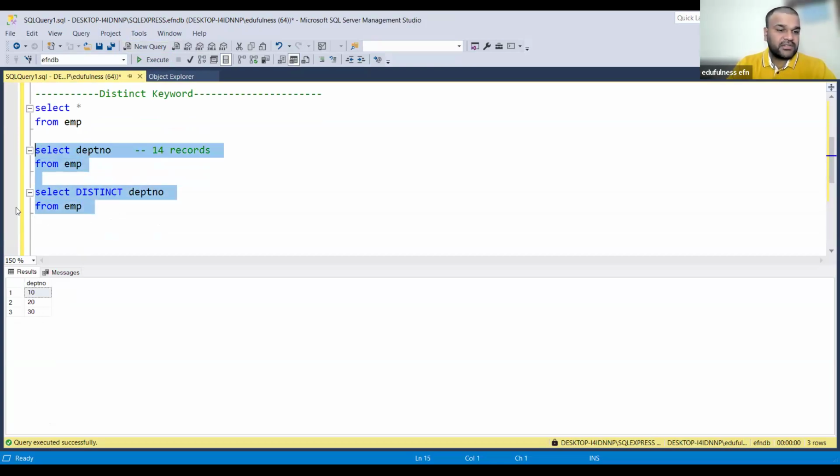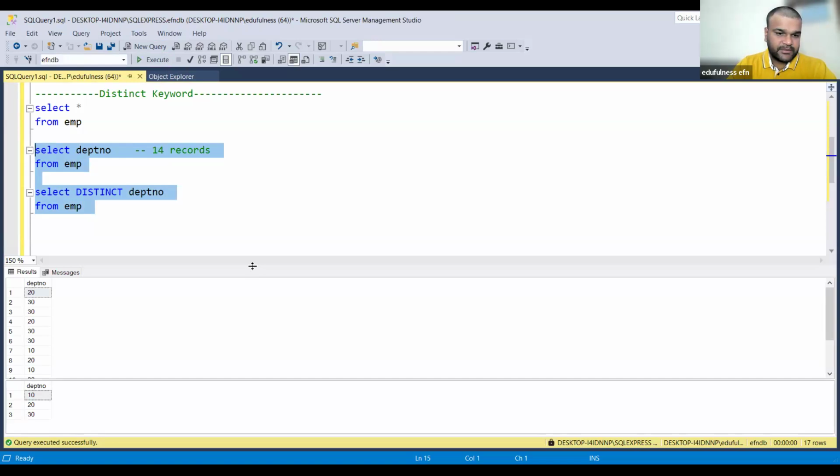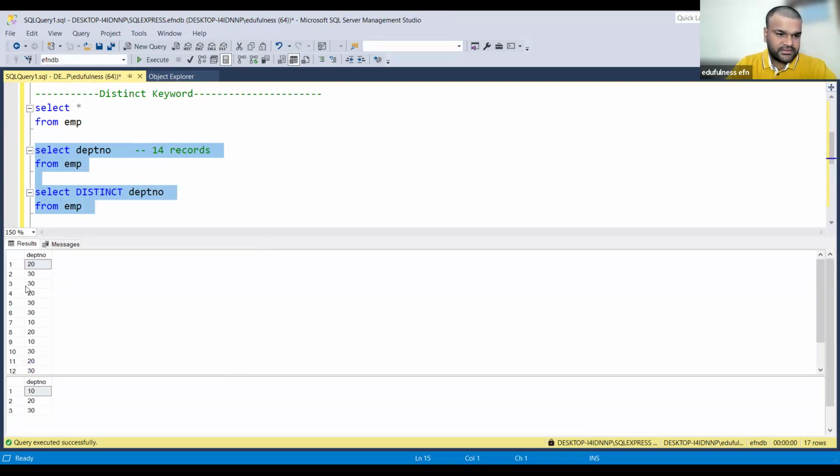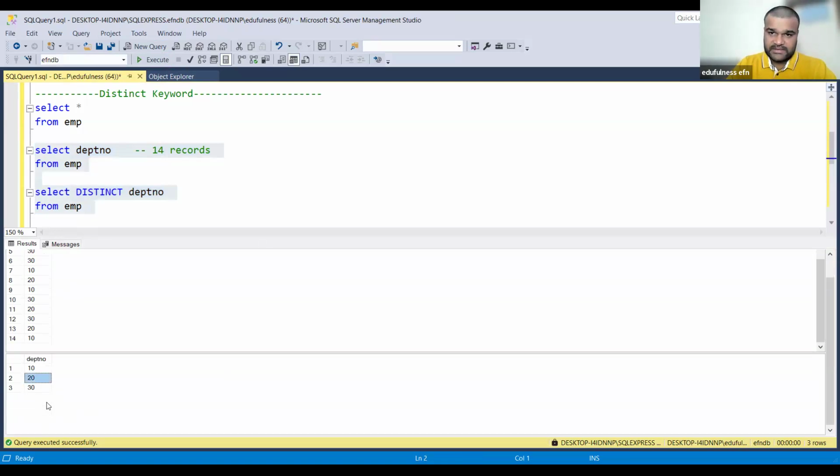You can select multiple queries at a time, run them at a time, and see their outputs at a time. Have a look. The first query output is the first output, this one. The second query output is the second one. Here there is no distinct, 14 records. Here distinct is there, and you got different values.